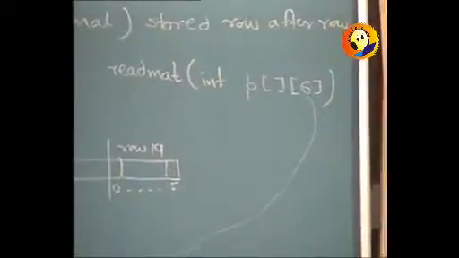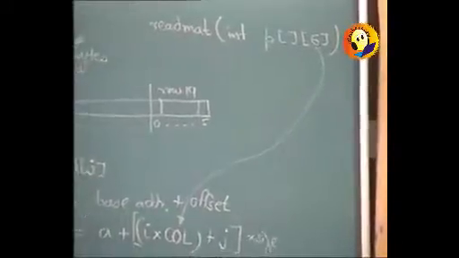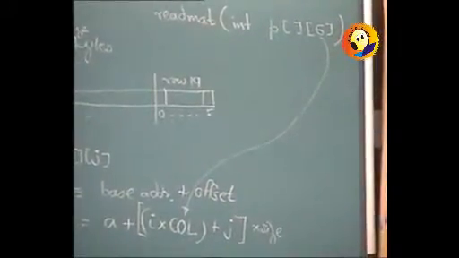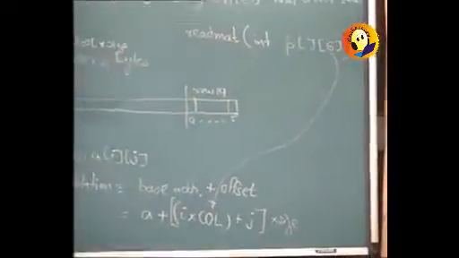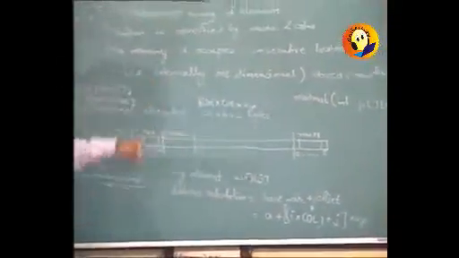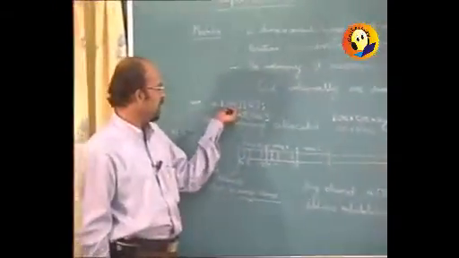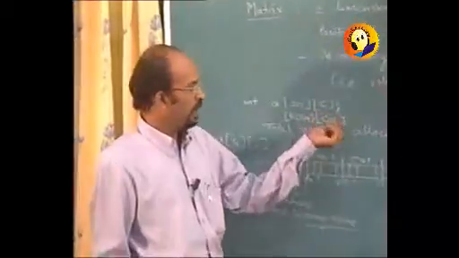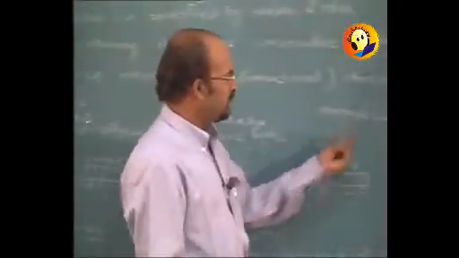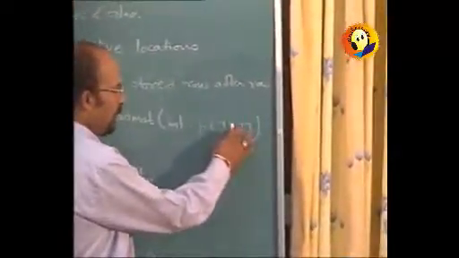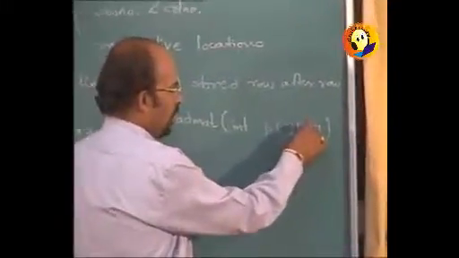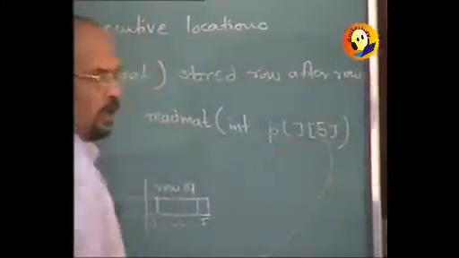If you don't specify that, then there will be an error. If you make a mistake in writing that particular value, here I am declaring it as 20 rows 6 columns, and by chance if you have written the function as read mat having the parameter p and 5 columns,